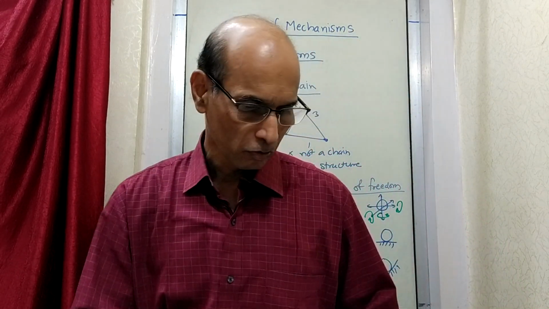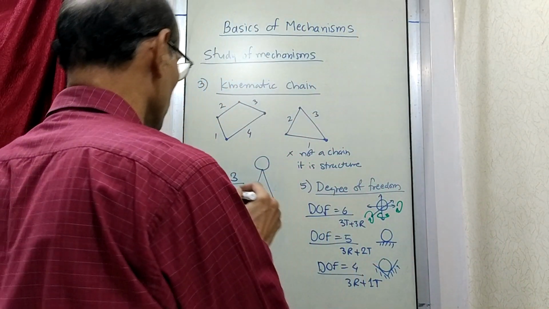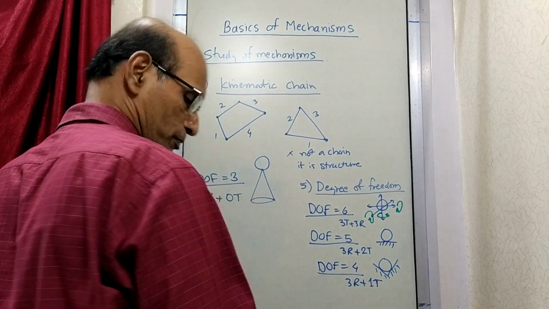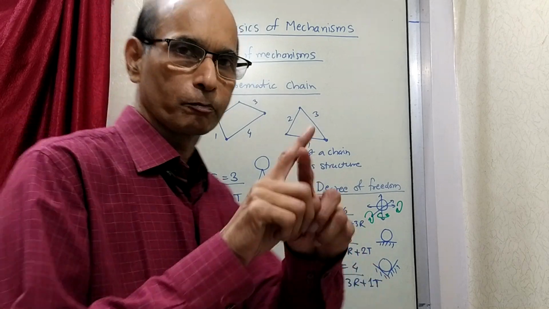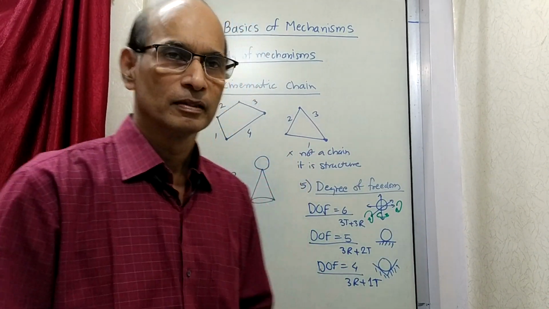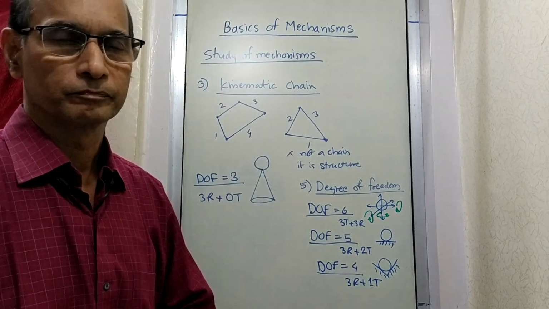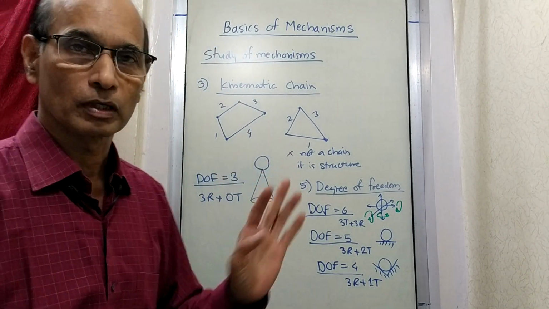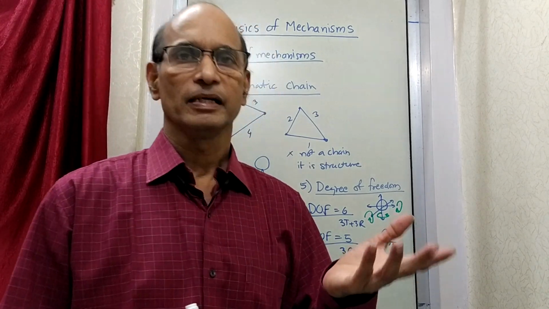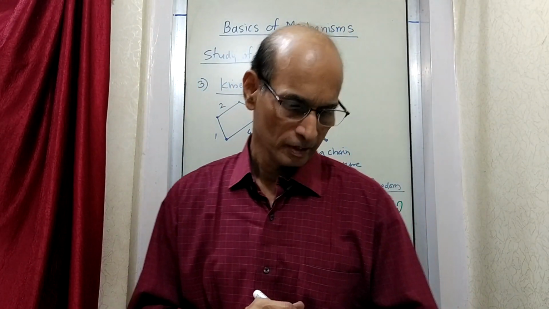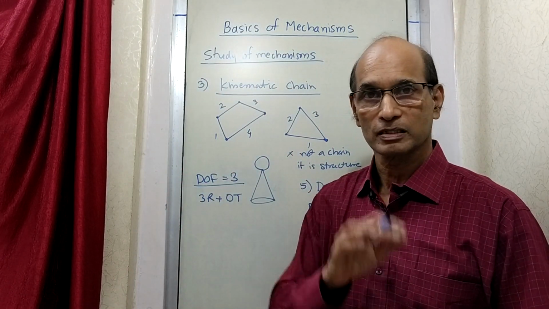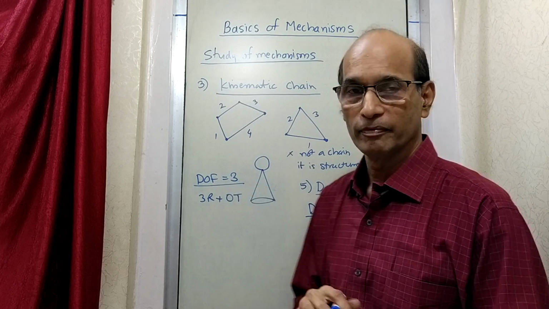Now can you see what has happened? The ball will have only 3 rotary motions possible and no translational motion is possible, because the moment it performs any motion along x-axis, y-axis, or z-axis, the contact will break. So only 3 rotations and no translation. Degree of freedom is equal to 3. There can be some other examples also. Maybe you can find out and write down one more example of each of them, just out of interest.